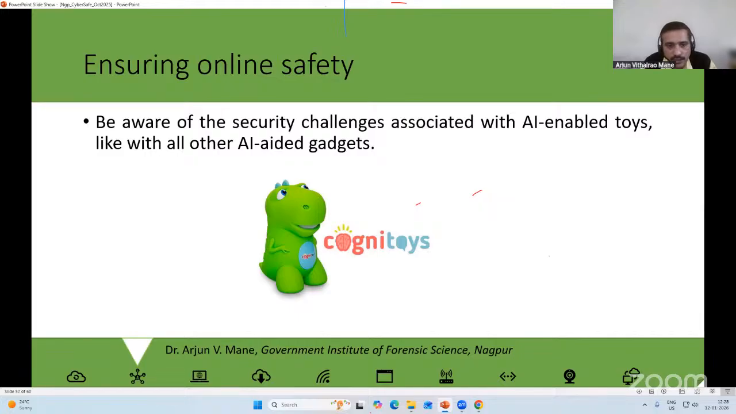See, always we need to check the security in these kind of the gadgets। ये कॉग्निटॉय है, पावर्ड बाय IBM वाटसन वाला ये टॉय है। And generally this toy is also going to be used for engaging the children. पर ऐसे जो भी टॉयज हम यूज करते हैं तो उनकी जो सिक्योरिटी चैलेंजेस हैं वो हमें हमेशा देखनी चाहिए।